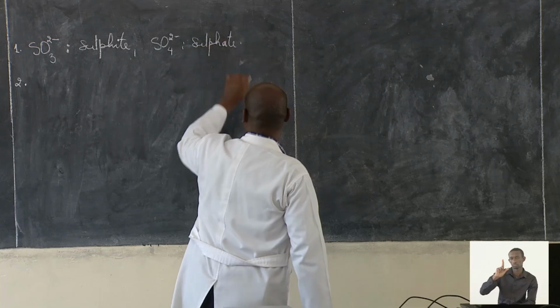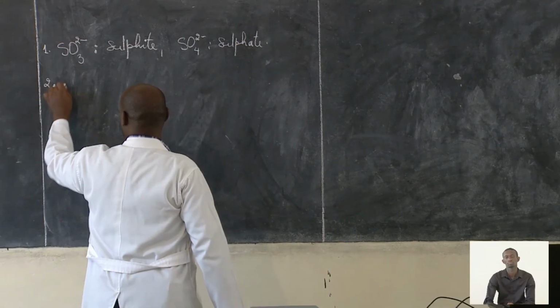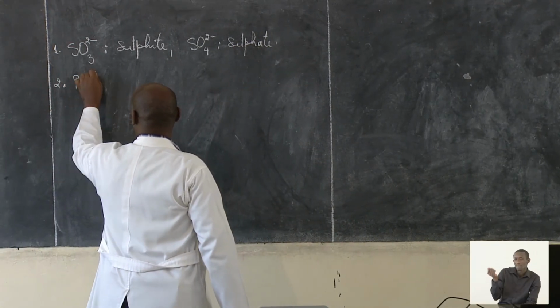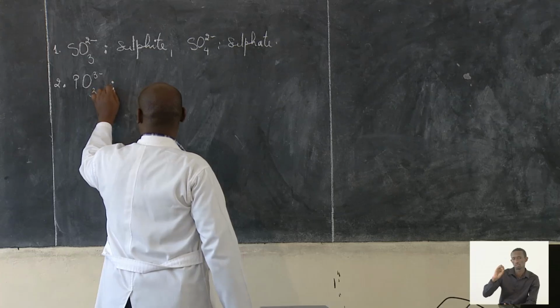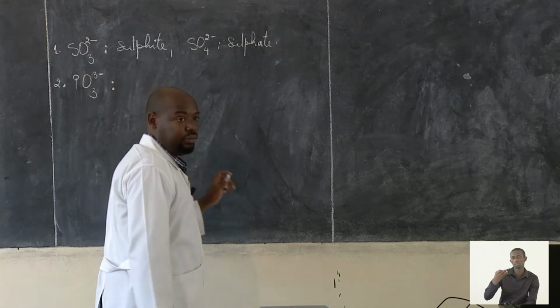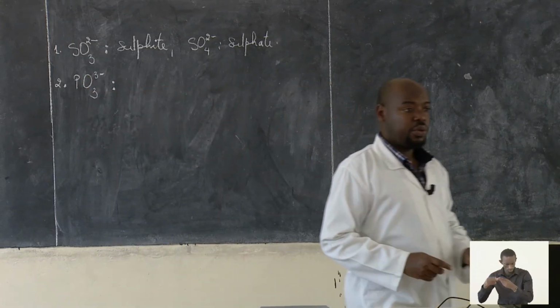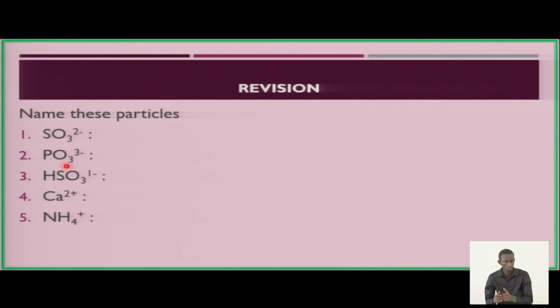And as I was saying, if you have 4, then it will be sulfate. It's just for a revision. And number 2, here we have PO3 3 negative. What will be the name for this second one? PO3 3 negative. The name is